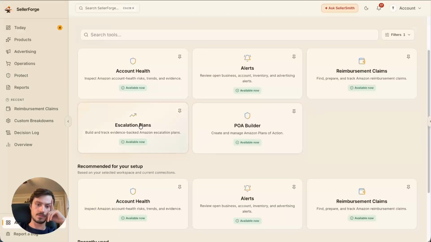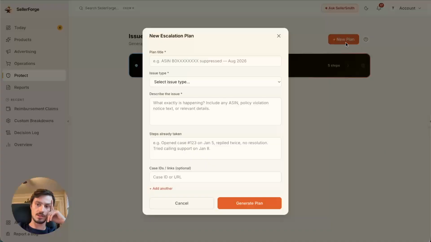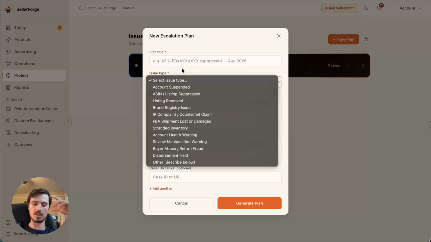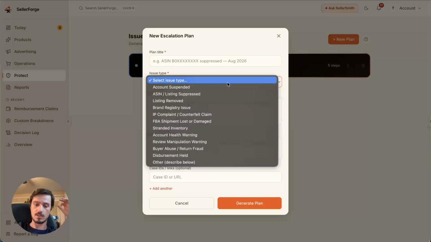And escalation plans is also really interesting. You can basically create a plan, because Amazon's really ambiguous with support. It's really hard to know who to talk to. Just like when there's an issue, you get run around in circles with support. And this will give you a really clear plan based on the issue as to how to escalate